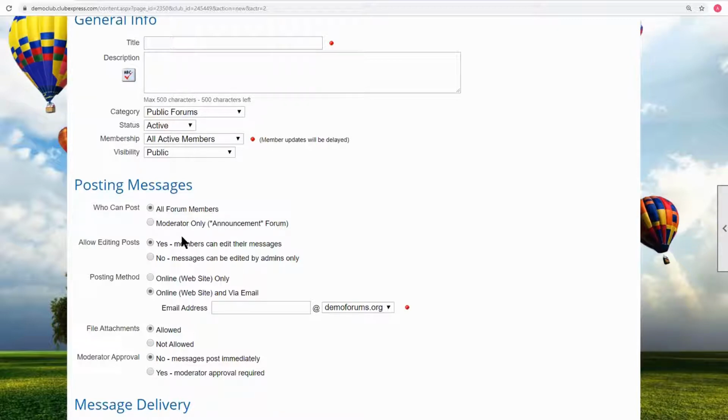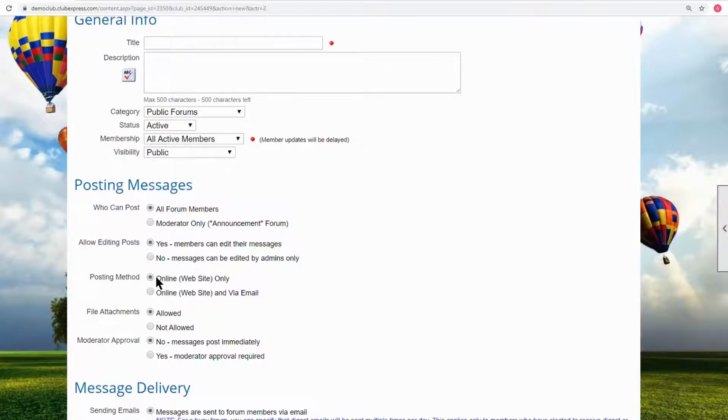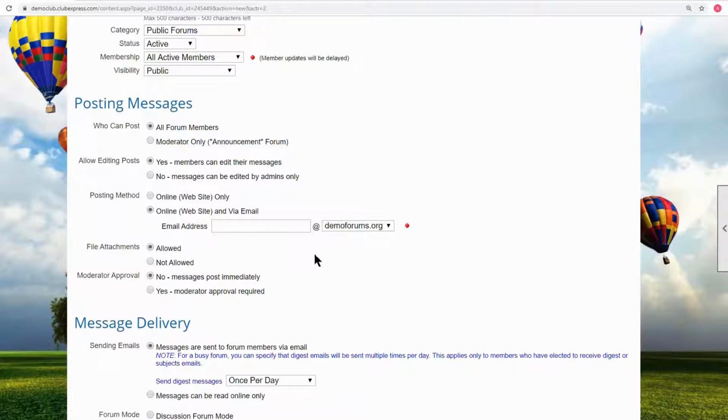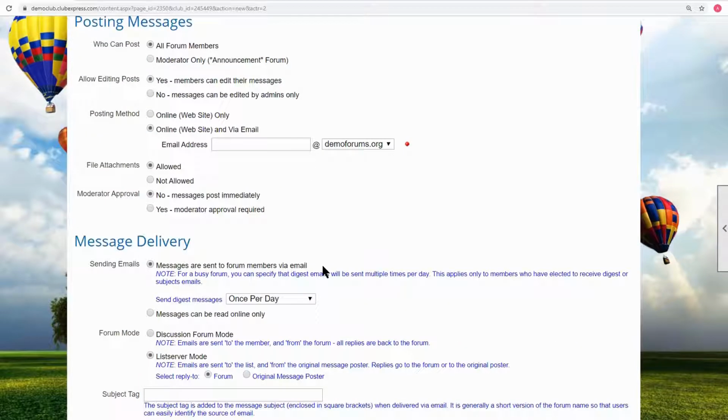So say you type in something and then later on you want to go change it. Are you allowed to do that? Can you post only online or online via email? And then you'd have to set up an email address for your forum, whether or not you allow attachments, all that. So there's a whole lot of things that you can define about any particular new forum.